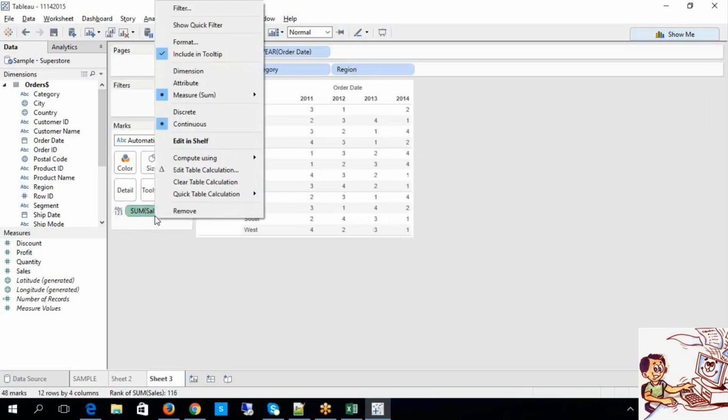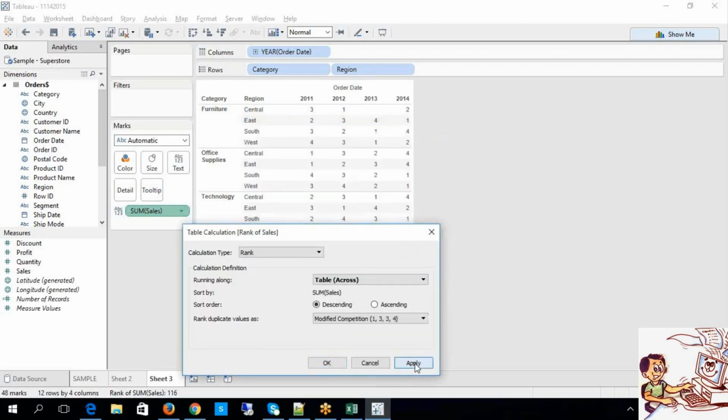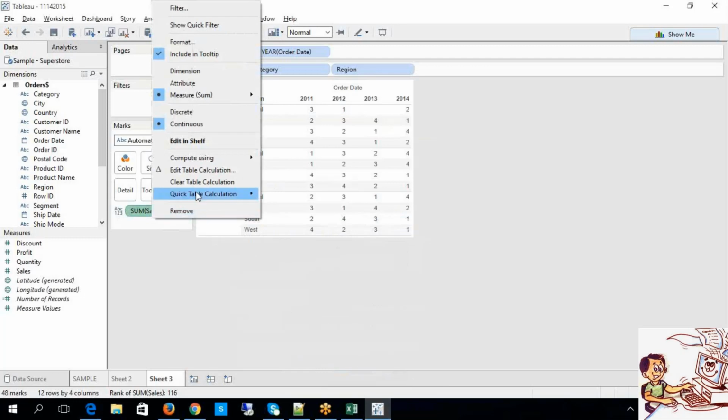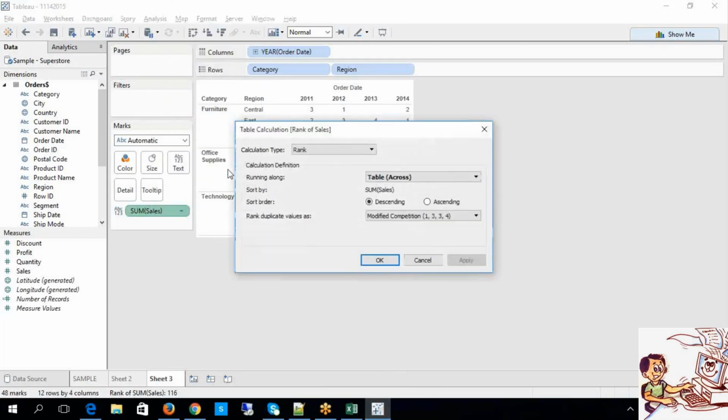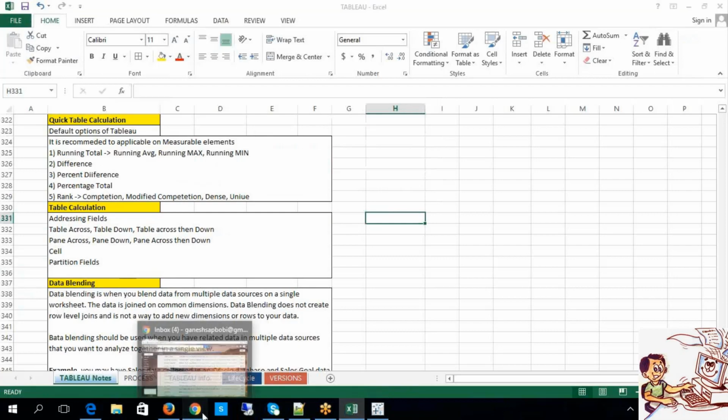Now, when I apply this, this is the competition I have at this moment. Okay, now when I apply modified competition, look at the results change. Is it not changing? Okay, that's fine. Of course, we should have proper data also. That is also more important. Let's see unique. Okay, we'll do with this example then.